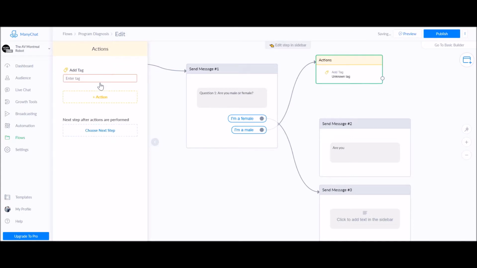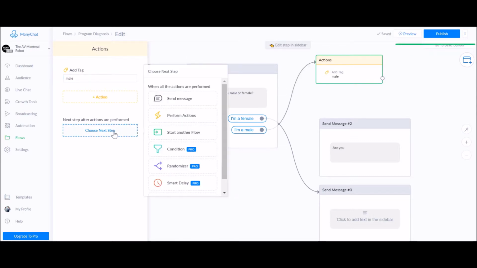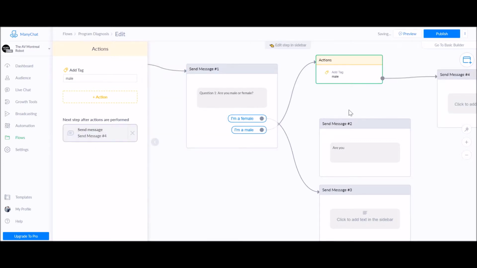You would add a tag. Now this is very important. The tag would be male, right? And it would create a tag for you. And then from there, you would choose a next step, which would be send message. So based on the fact if they're a male or a female, then you would send them to a specific